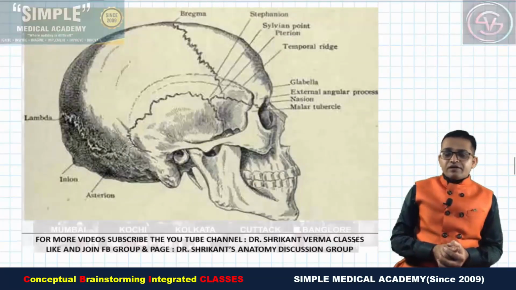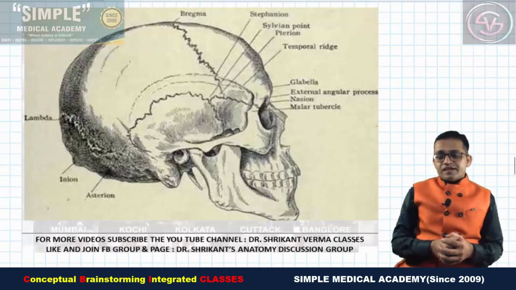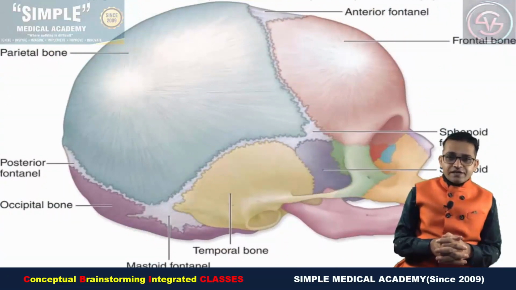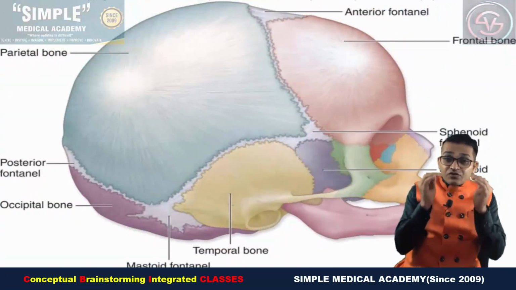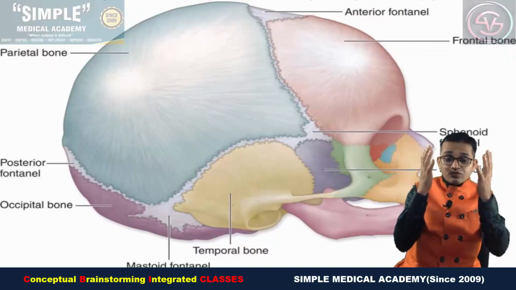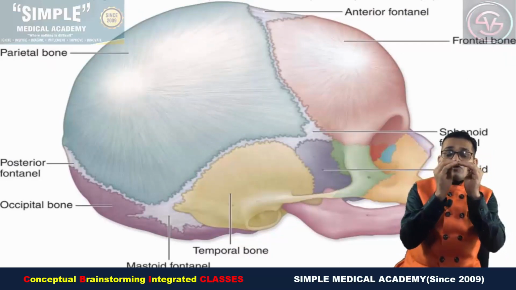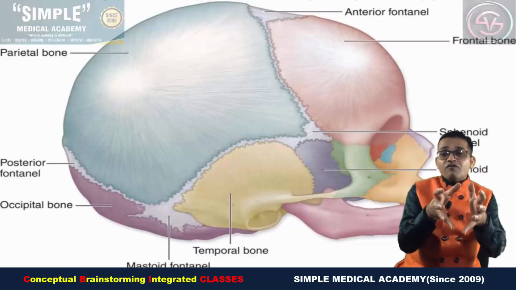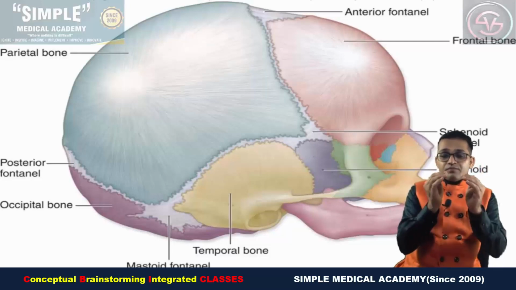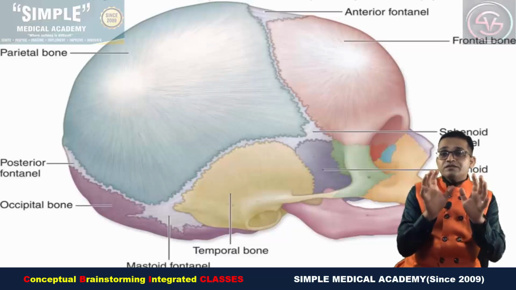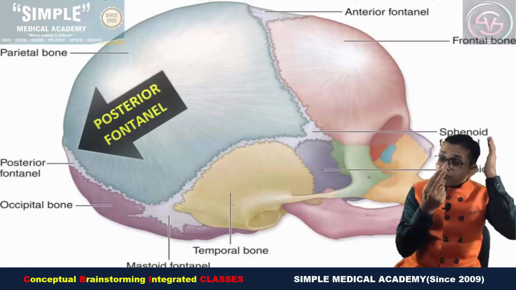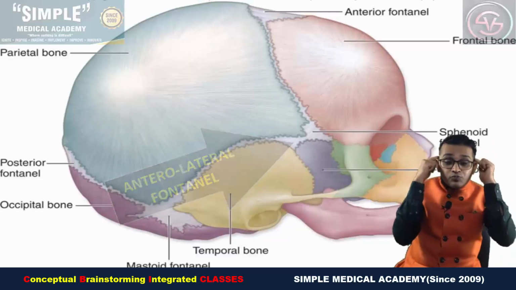Few more bony landmarks. Can you see this image? Yes, as you know, the fontanelles of the skull, correlation with OBGYN. In the fetal skull, there are a few openings within the skull bone. The bones are not ossified completely, and this permits the delivery of the head through the vaginal canal by slipping over each other. So there are 6 openings in the fetal skull: anterior fontanelle, posterior fontanelle, 2 anterolateral and 2 posterolateral.